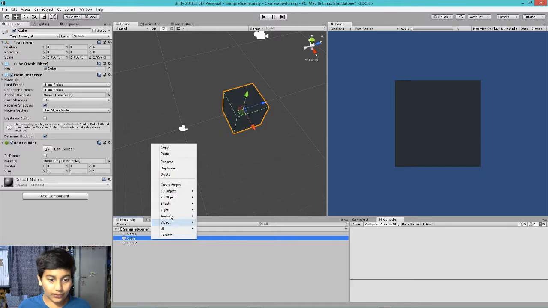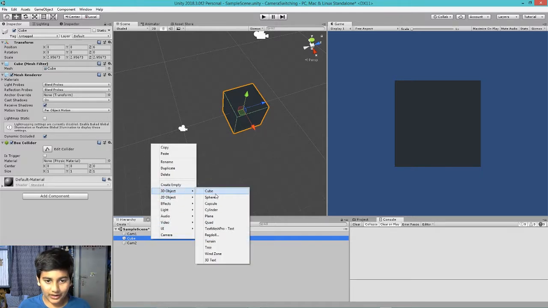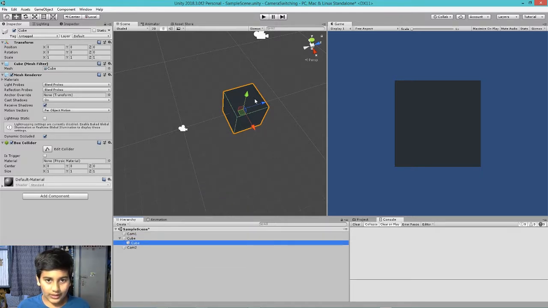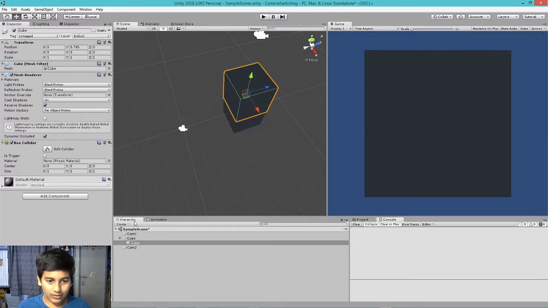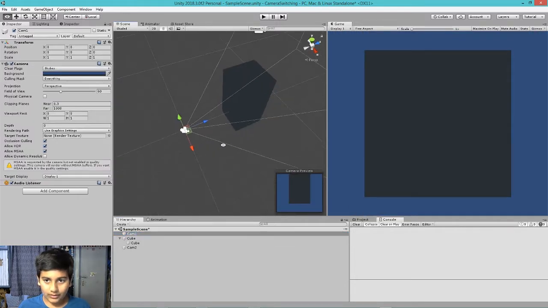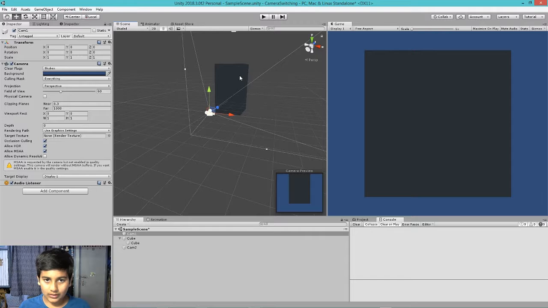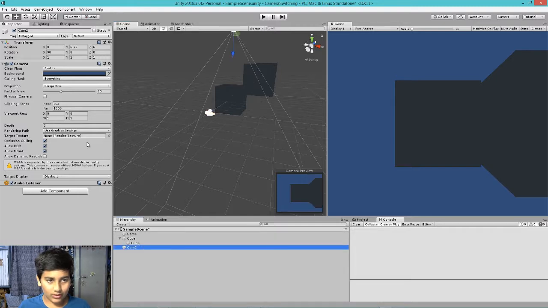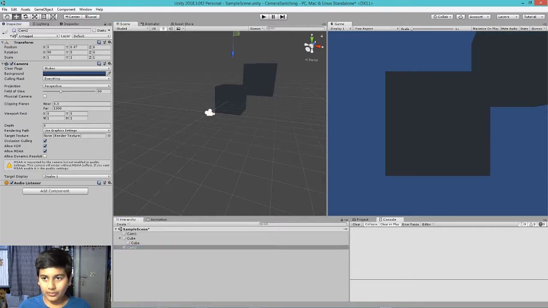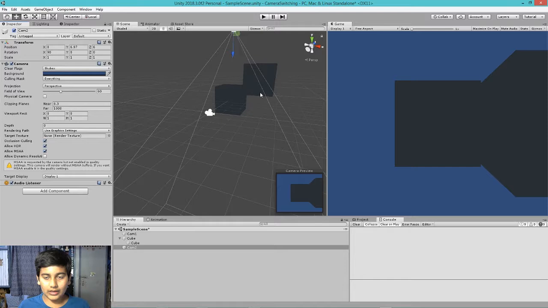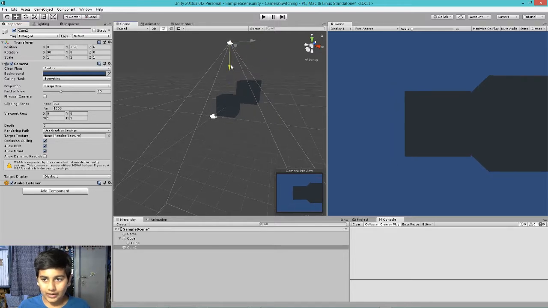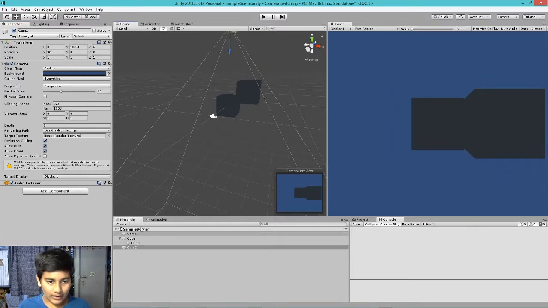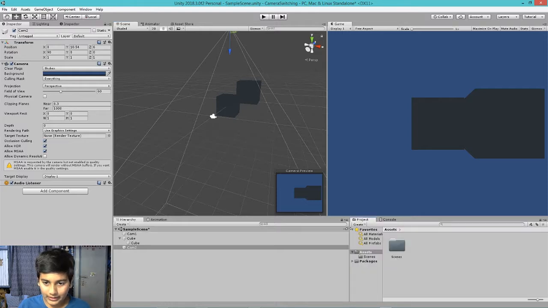but we would not see if it is correct or not. So let's add one more cube and let's see cam 1. I want to see the cam 1. Let me toggle off cam 2. Yes, now as you guys can see, let me move it more up, and let us create one material for that,